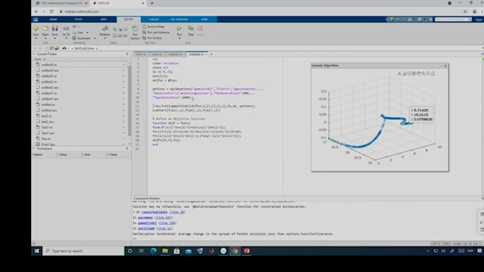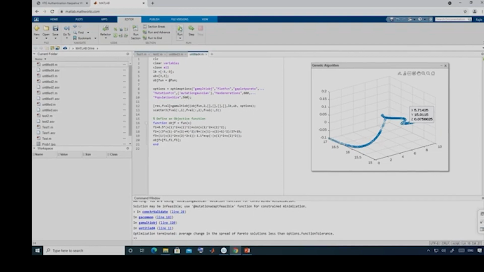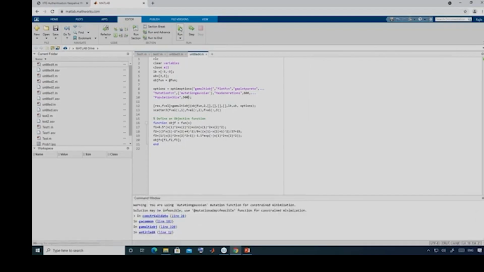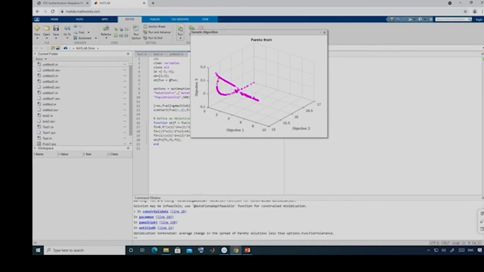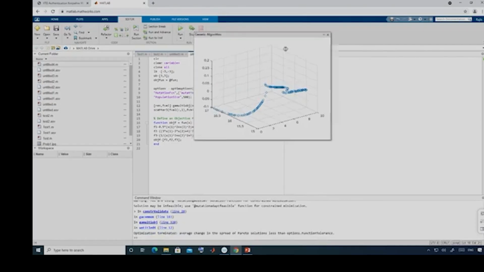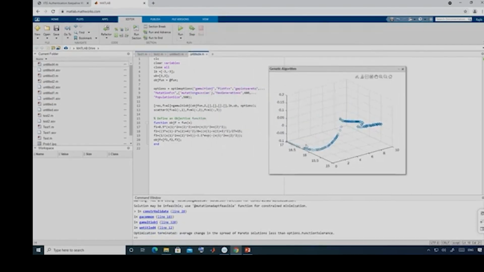Let me check, suppose I take the population size 500. Then what will happen? Yeah. Now you see there are some gaps, but if you want to see the continuous line,